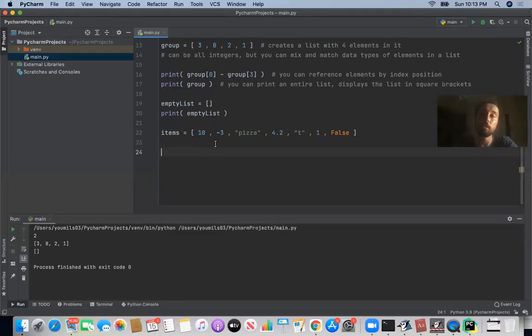We've talked about an integer, we've talked about a float, which is like a decimal number. We talked about a string, which is basically a collection of characters. And now in the last video or two, we've talked about a Boolean. And so you can see that you can have all the data types in there. And so now if you say print of items, it's certainly capable enough to go ahead and print each of